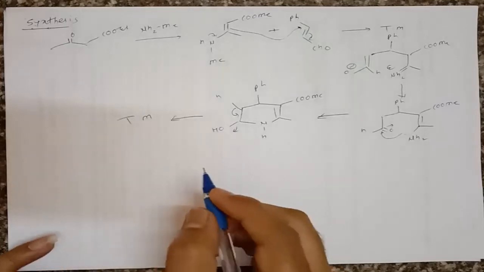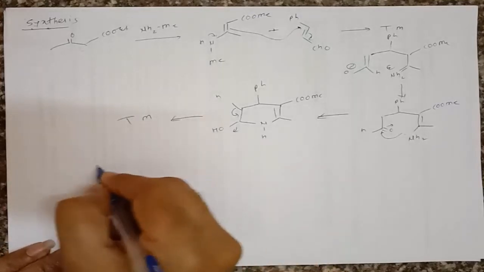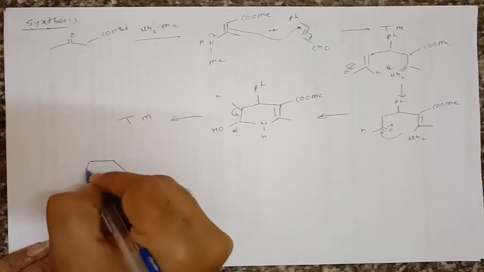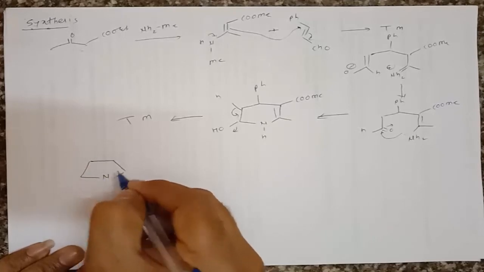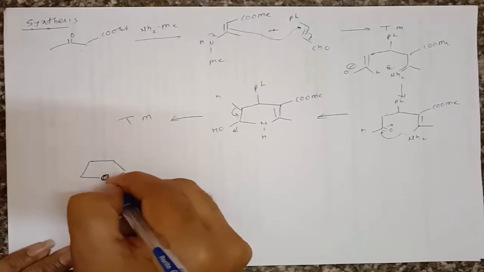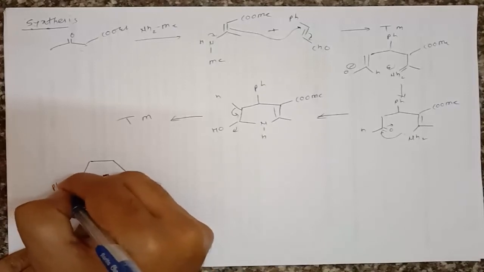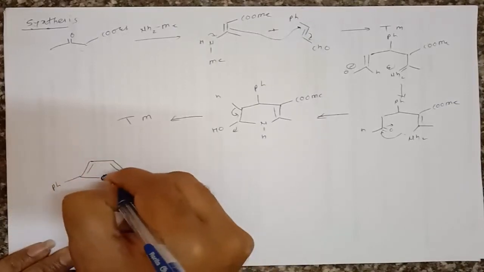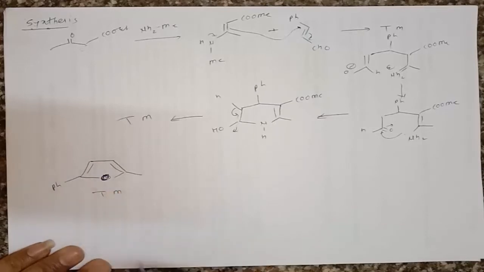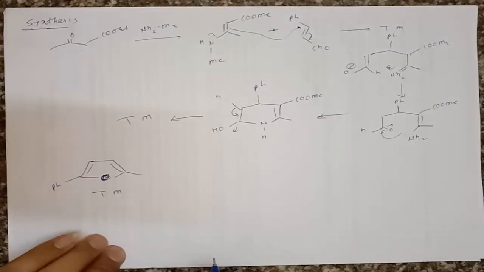So I am giving one exercise to you. That means we have to prepare this molecule by using a retrosynthetic analysis. So here is oxygen, here is methyl, here is Ph, double bond, right? So this is the target molecule, and we have to use the best route for synthesis of this target molecule.